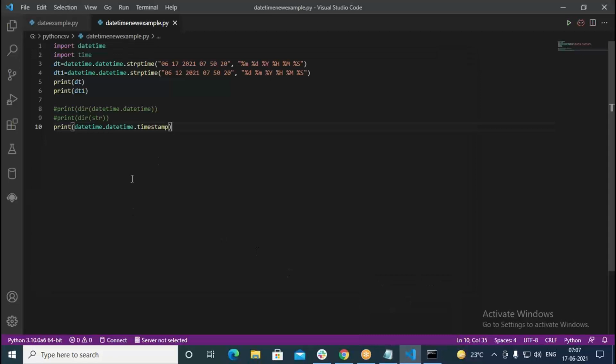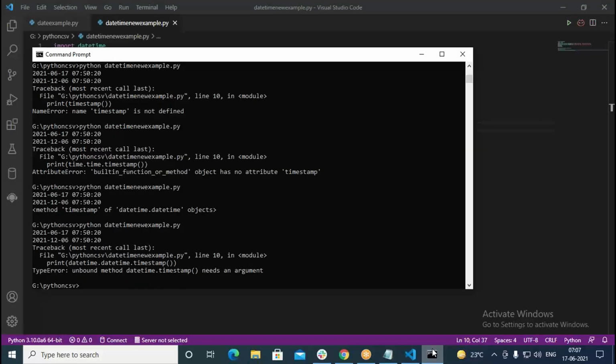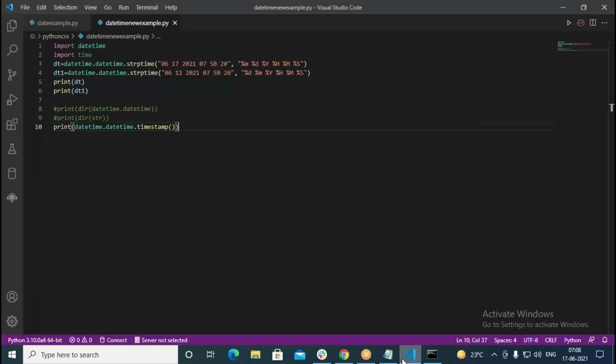Then in this we go with the function like this. It's not available even here. It says it needs an argument. We need to pass certain arguments whenever we go with the timestamp. So what argument? Fine, I'm doing something wrong, I think.